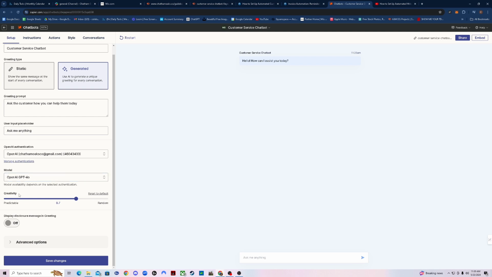Now right here on this bar is a creativity and predictability level. So this is pretty much how random the responses of your chatbot are going to be. So if you want it to be pretty much the same every single time, you're just going to drop it all the way down, have it be like a 0.2 or 0.3 with low randomness. This is how OpenAI is actually going to respond to the messages